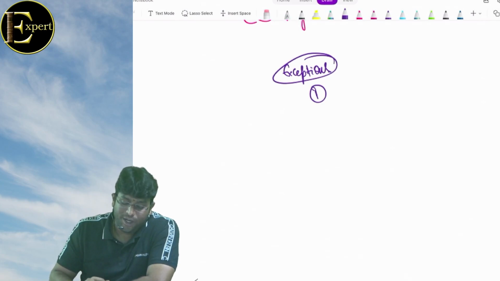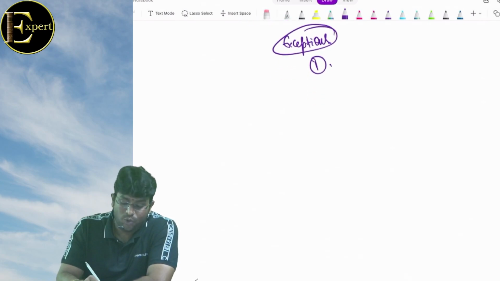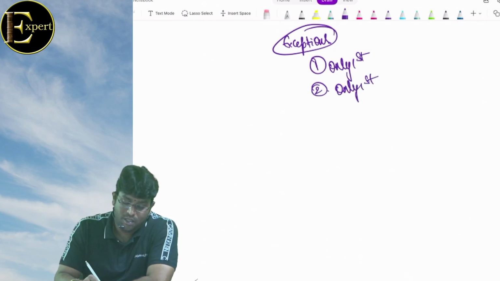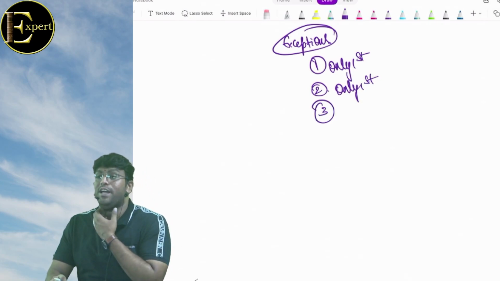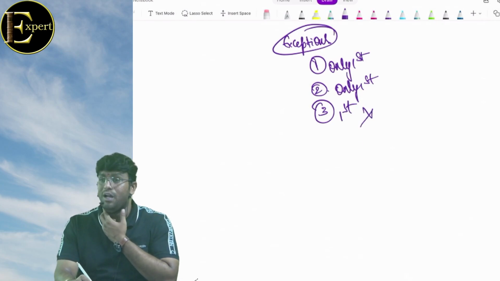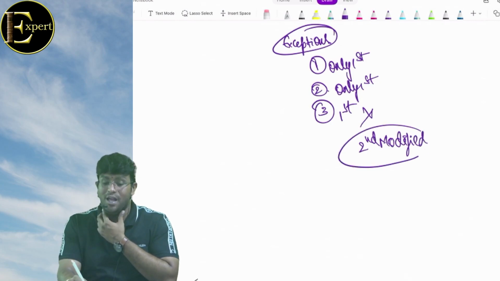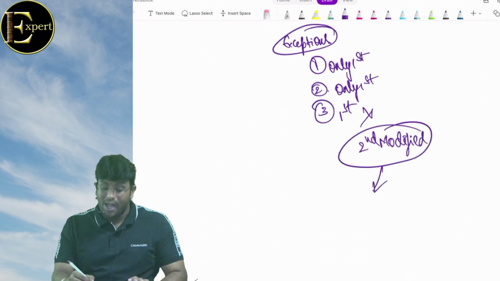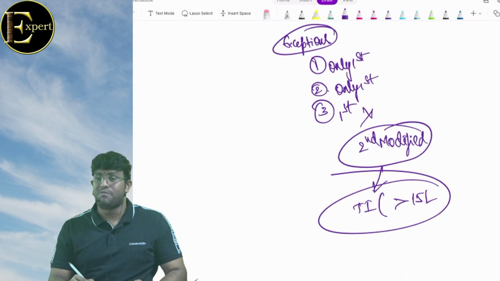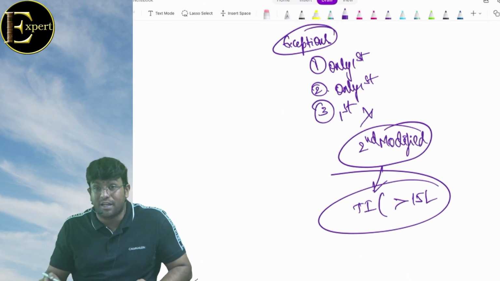Exception number 1, going out of India for employment. इसका तो only first basic condition, 182 वाला. Second, crew, उसका भी only first. Third वाला, Indian citizen coming to India for a visit, इसको भी first वाला ही है. अगर ये first वाला नहीं हुआ, तो हम second modified देखेंगे, मतलब 120 and 365. But second modified कहानी तभी आएगा अगर total income other than foreign source is more than 15 lakh. Exactly. I'm sure the concept is very, very clear.